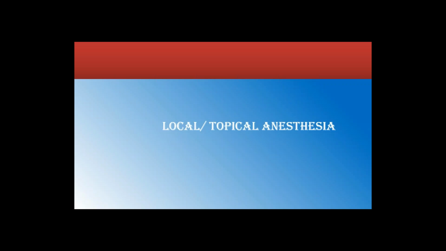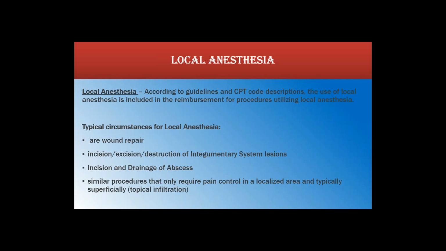Let's begin at the bottom of the hierarchy and work our way up the pyramid. The anesthesia service with the lowest amount of complexity is local or topical anesthesia. According to guidelines and CPT code descriptions, the use of local anesthesia is included in the reimbursement for procedures utilizing local anesthesia. Typical circumstances would include wound repairs, incision, excision, destruction of integumentary system lesions, incision and drainage of abscesses, and similar procedures that only require pain control in a localized area and typically superficially,